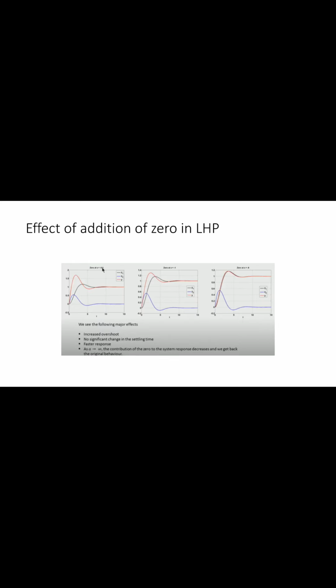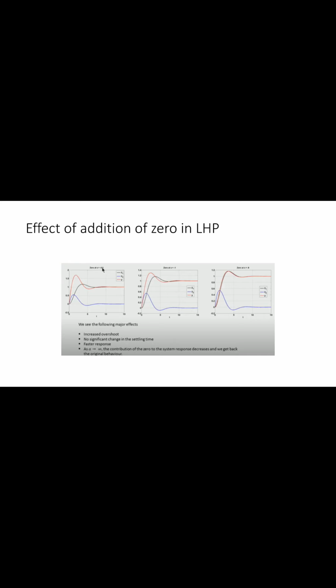So see, what we are trying to analyze here: we are adding a 0, but indirectly we are trying to analyze the effect of a derivative action. So we are obtaining s in the numerator, which means we are getting a derivative action into the picture in this case. So now the response will have two parts. The first part will be your original response, and the second one will be the one due to the addition of the 0. So now we are not interested in the calculation part. We are interested in knowing the response part.